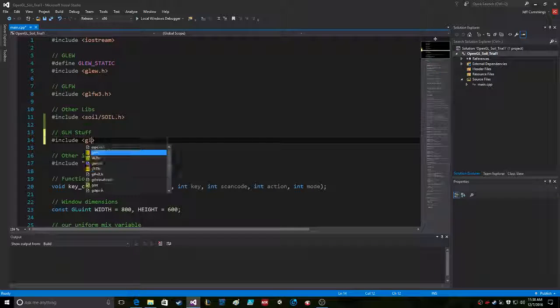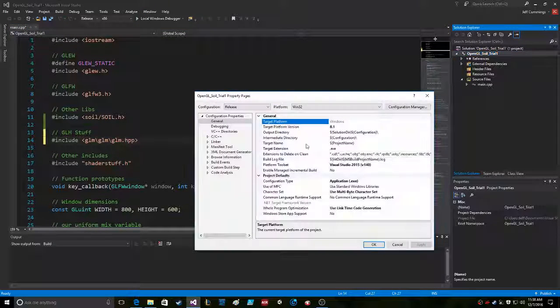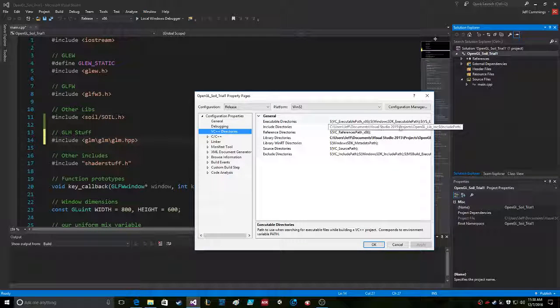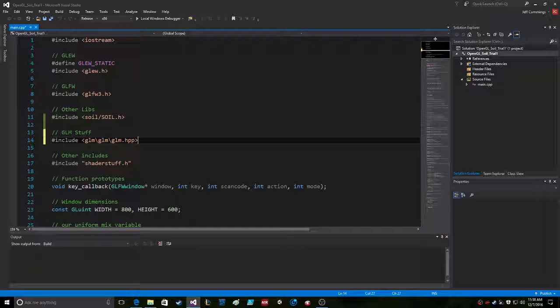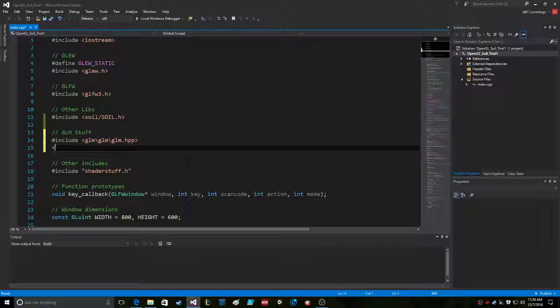And I like how this actually, that's so cool. So GLM, it goes with, yeah, weird, okay. I wonder about that, but I don't want to really complicate my include directories because I love having just this one. So I'm not going to wonder about that. Never mind. So now we can go include GLM, GLM,